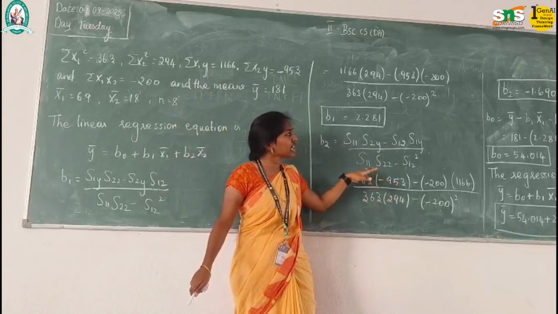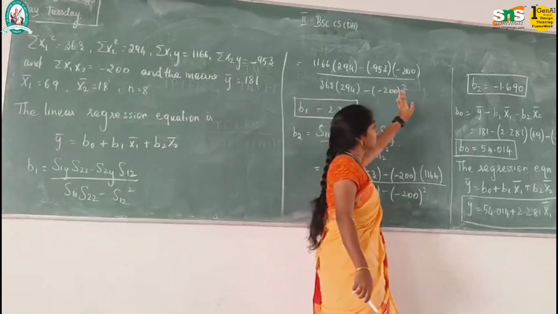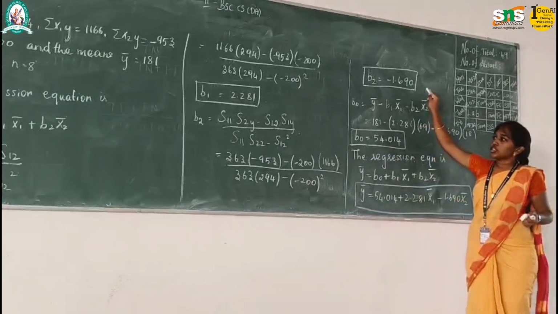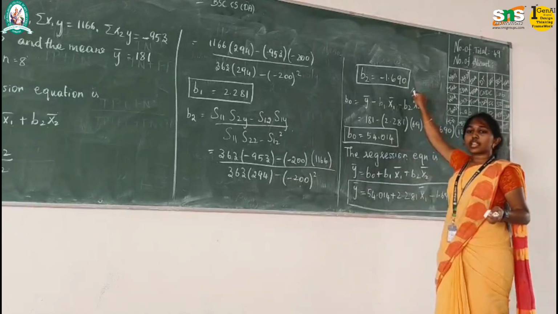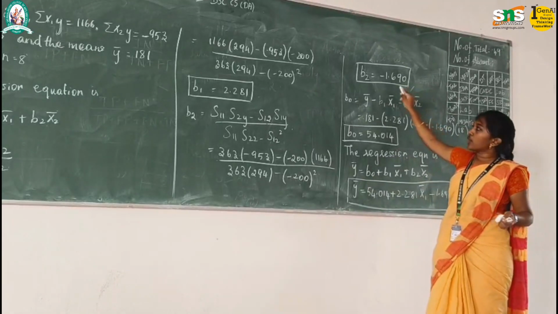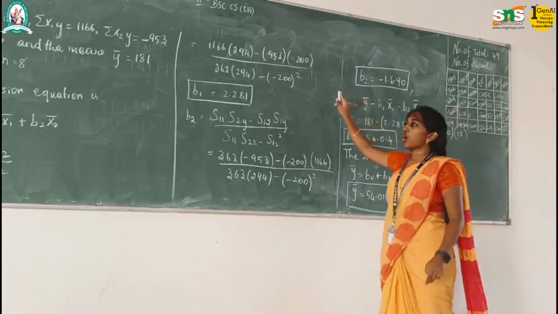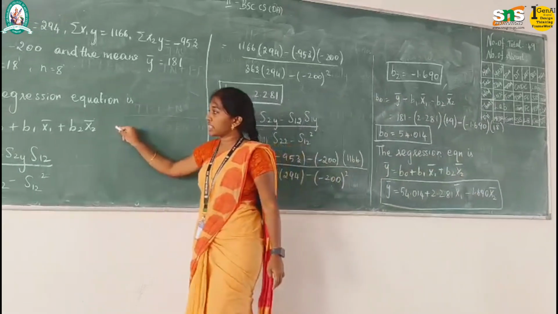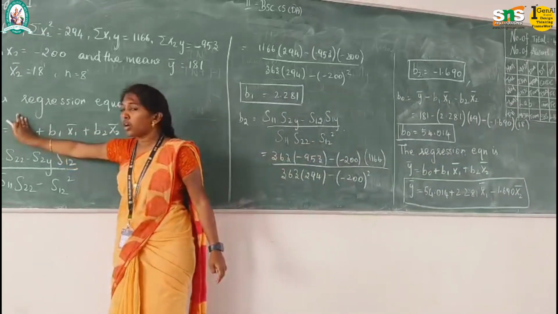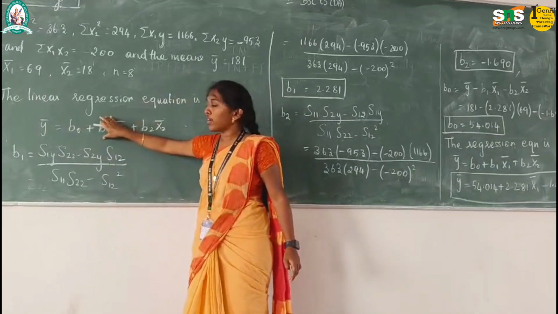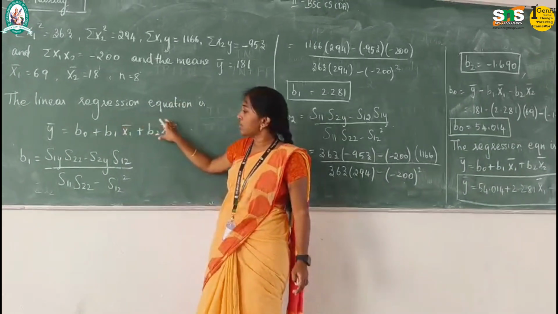By simplifying this, I obtained the value of B2. So the value for B2 is minus 1.690. Next we are going to calculate the value for B0. While calculating B0, we are going to use the formula of the linear regression equation. Here we are going to find B0 only, so we bring the remaining values, that is B1 x1 bar as well as B2 x2 bar,